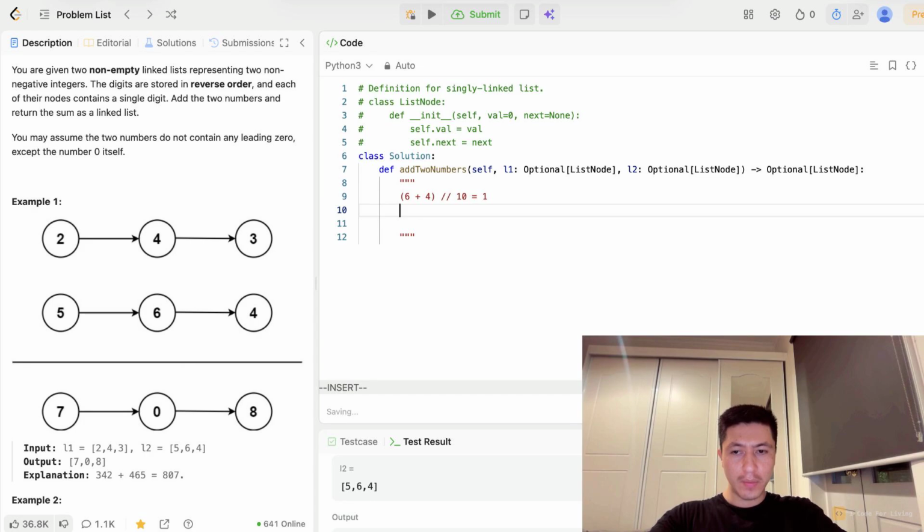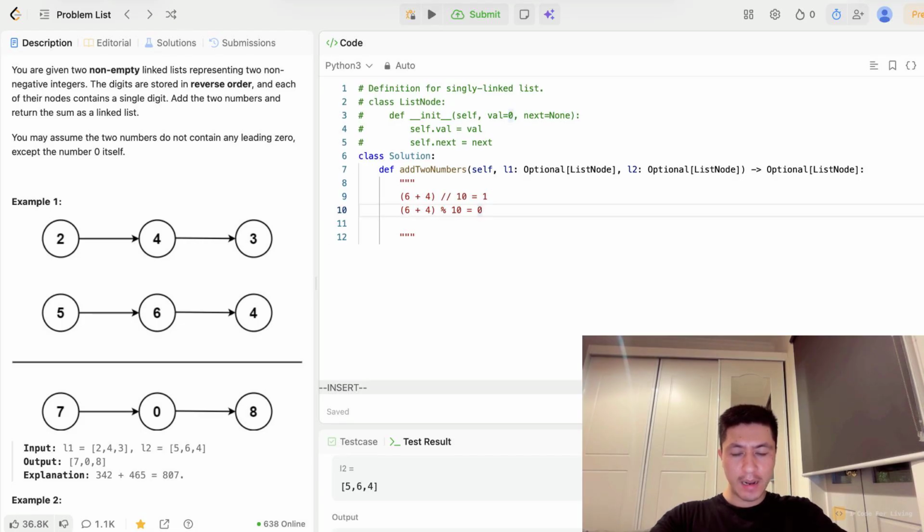And the way we want to get the 0 is basically just get the remainder. So (6 + 4) modulus 10 is 0. Now pretty easy, right? So we create 0 with a new node, and we basically pass 1 to the next